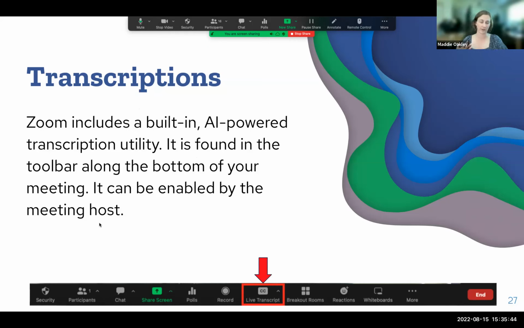So we have that on right now. And if you wanted to turn on being able to see those subtitles, you could. You also have the option of seeing a transcript pop up where it's just got the text running on the side in a pop-up window, like the chat pops up in a pop-up window. It also, when you're recording, saves those transcriptions as well, so it can be seen during the recording.